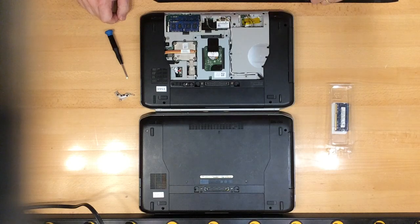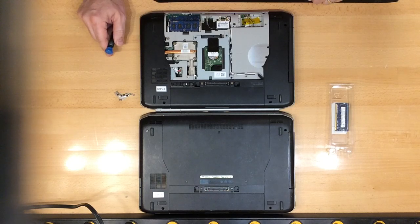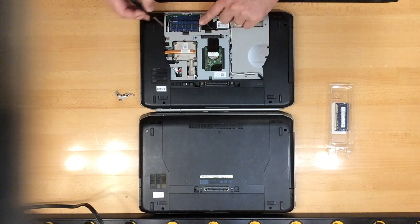In the E5420 model, as you can see right here, we have 2 sticks of RAM. Those 2 sticks of RAM should be 2 gigabytes each. Depending on the type of stick you have ordered, you want to replace the top one. It doesn't really matter. By doing that, you just want to move the 2 little metal pins right here to